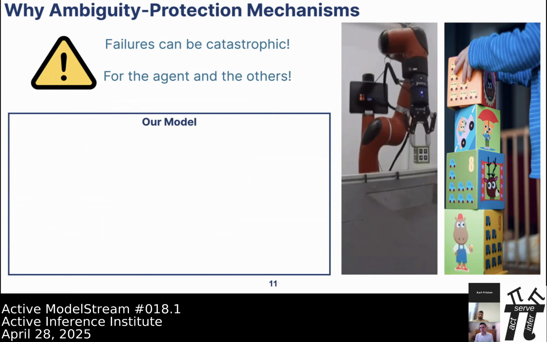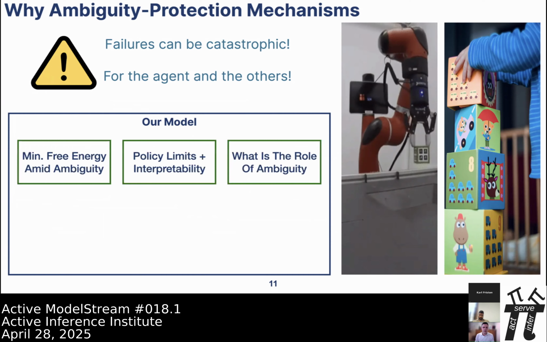So in the next part of the presentation, and then Hozefa will follow up with the code, with implementations, we will discuss how our model can mitigate this issue. In particular, our model relies on free energy minimization, but we will see that basically we will minimize the worst case free energy. That implies a free energy maximization step, which is quite unusual.